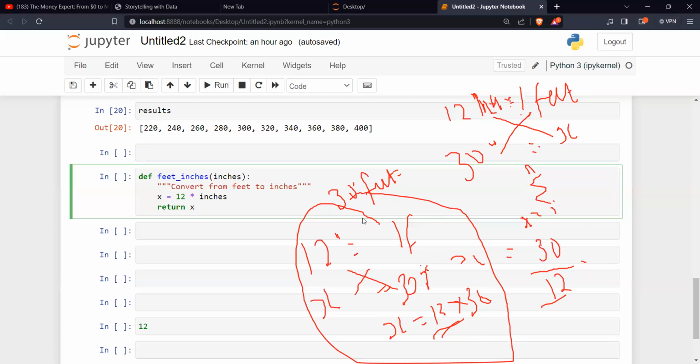So it means that 30 feet to inches will give us 360 inches, is it not?